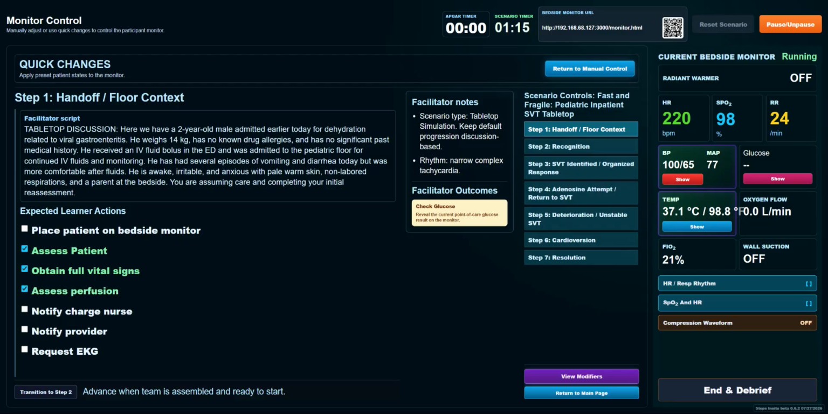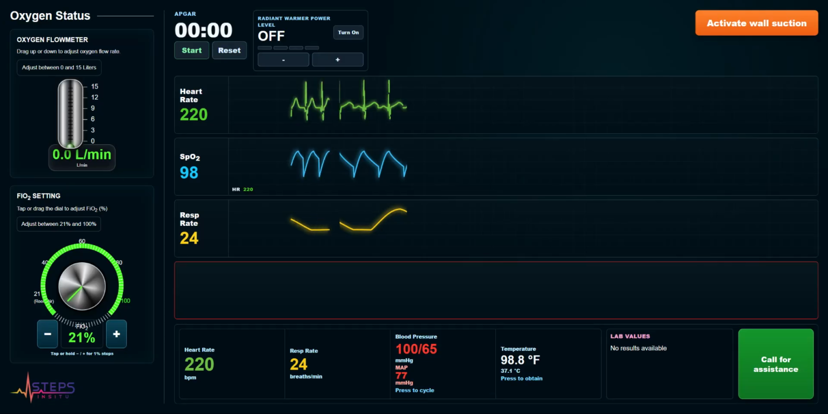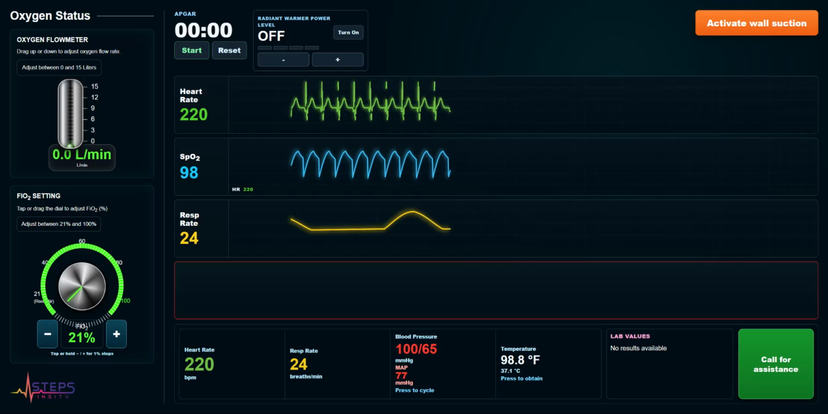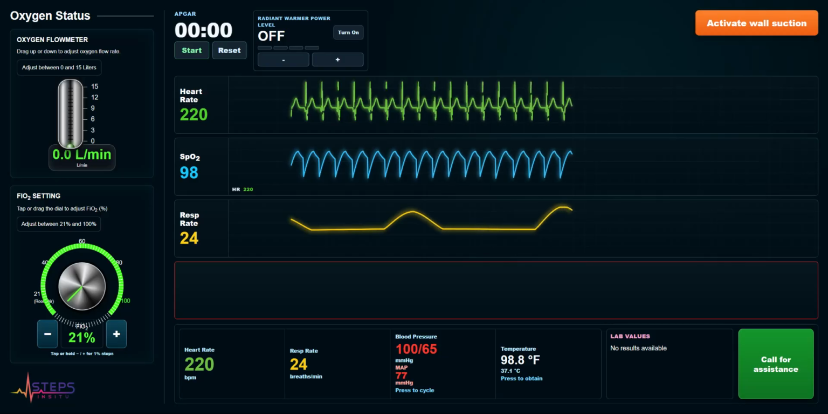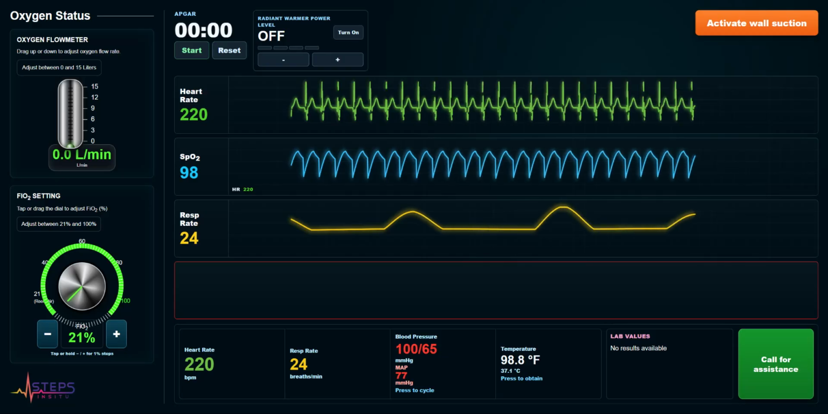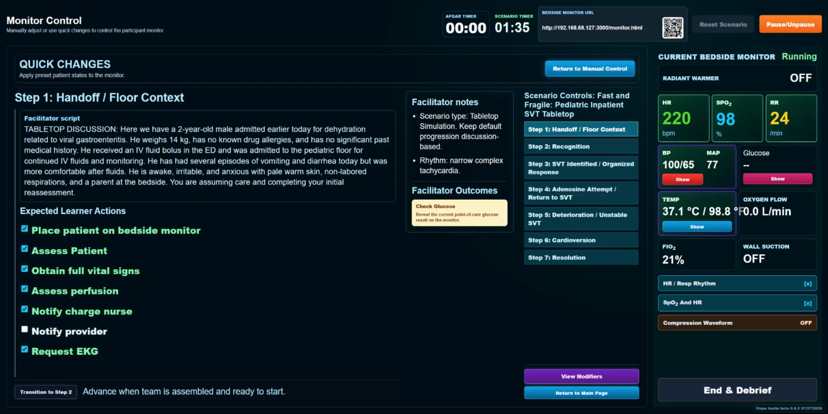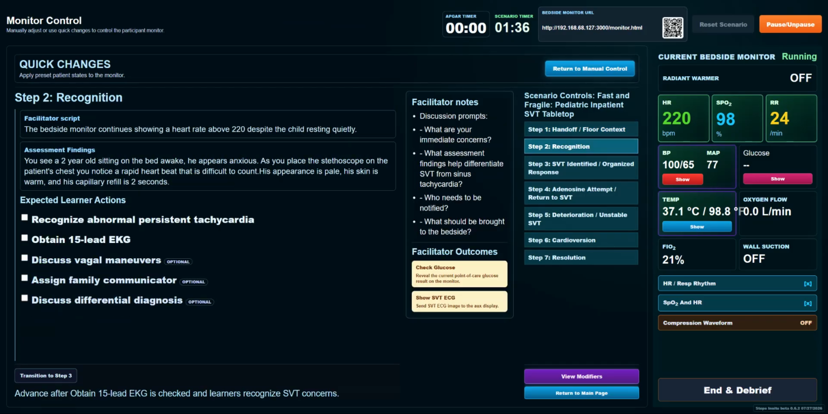They're going to assess the perfusion, let their charge nurse know, and request an EKG. They also put the patient on a bedside monitor. When you press that, you can flip over to the bedside monitor, and you can see that they are getting a strip with a full set of vital signs. Moving on to step 2,